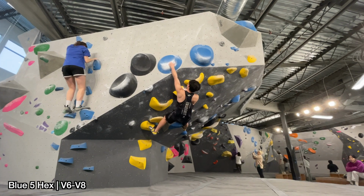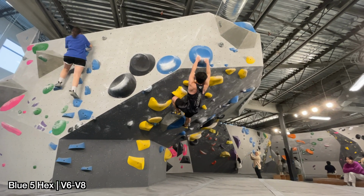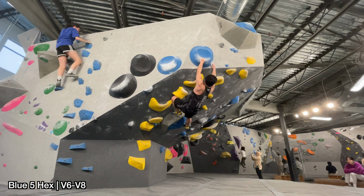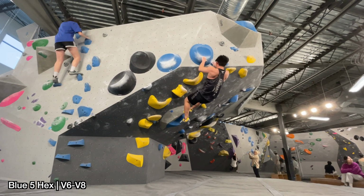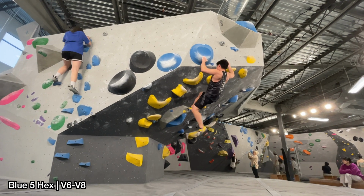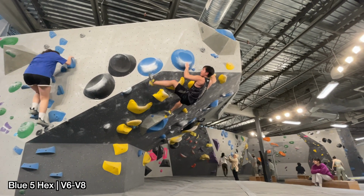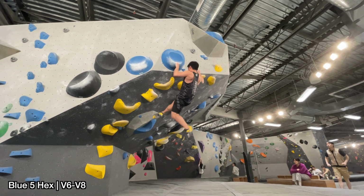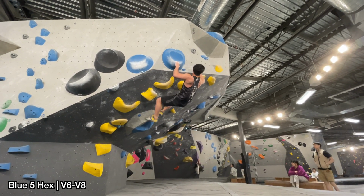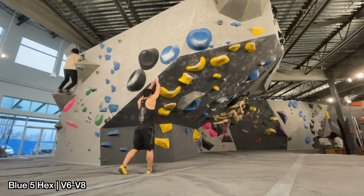And yeah, I just started having a lot of trouble trying to keep this toe hook in. But here you can see my left hand is way further right. So I wasn't sure how to make that work exactly. But once I'm matching the right blue circle, it's not the worst. And I was trying to find a way just to get to that next hold. I think I can just throw and catch that,